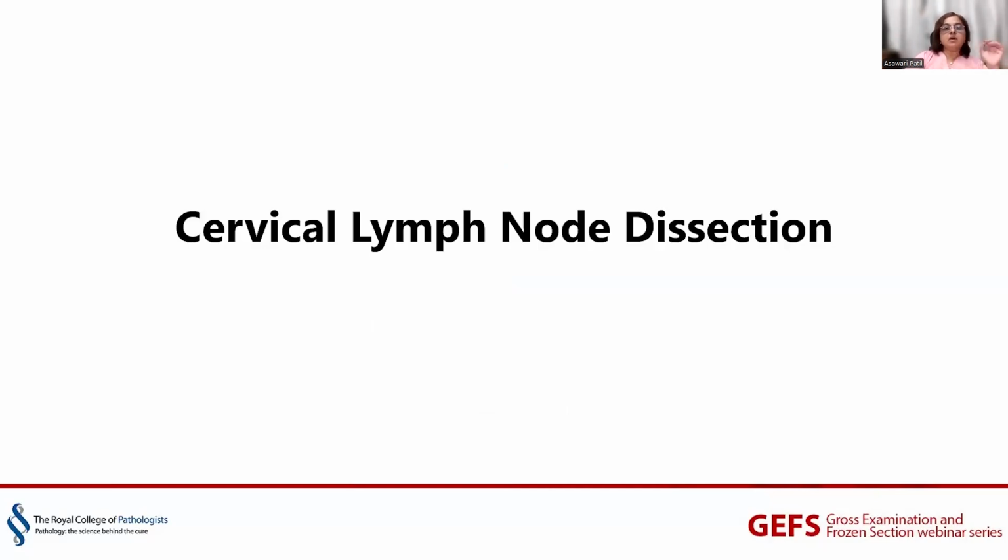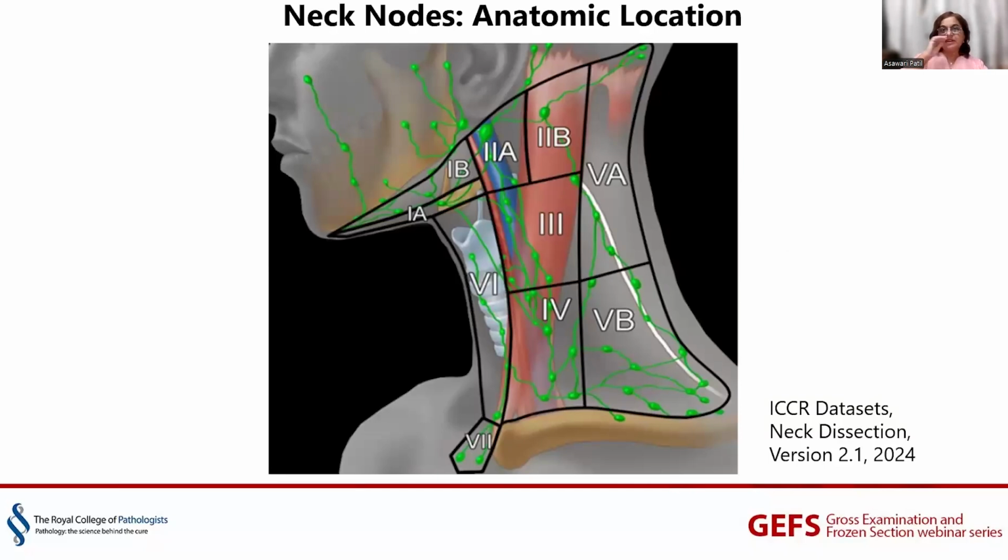Important along with this, we need to understand that there's one important section, cervical lymph node dissection, because most of these specimens will accompany or will have the ipsilateral or sometimes bilateral cervical lymph node dissection, which most of the times are regional nodes. So we need to understand again the anatomy of the cervical nodes and how they are anatomically placed. Here, the most important anatomical structures we identify are sternocleidomastoid muscle, neck vessels, especially IJV, internal jugular vein,